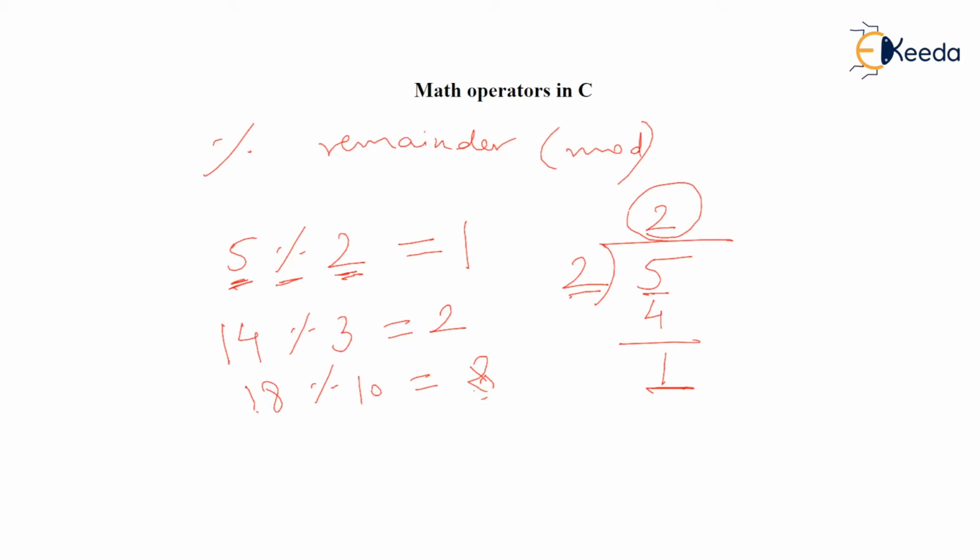Now you see something interesting. If you divide any integer like 18 with 10, any integer when divided with 10, you always get the last digit as the remainder. For instance, if I write 173 % 10, what is it? Has to be 3, the last digit, because 10 into 17 is 170, and what remains is 3, the remainder. So remember, for any integer % 10, the remainder obtained will always be the last digit.